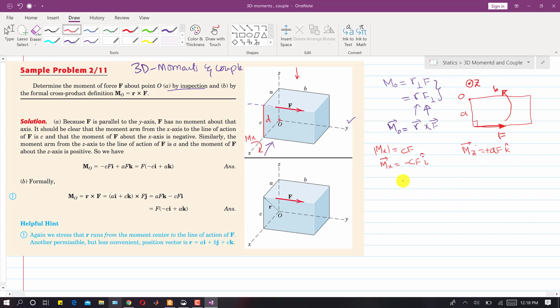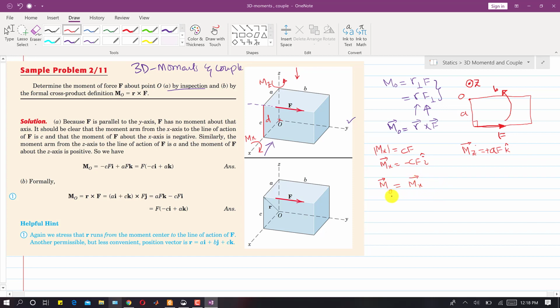So now if we combinedly inspect this force, this force is producing moment about x and clockwise moment about z, so we can represent it like this. So now in 3D this force is producing moment about two axes, so the total moment, or the combined vector form of that moment about O, we can represent as a vector form like the components of a force, right?